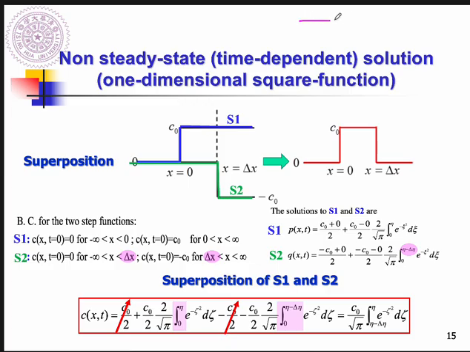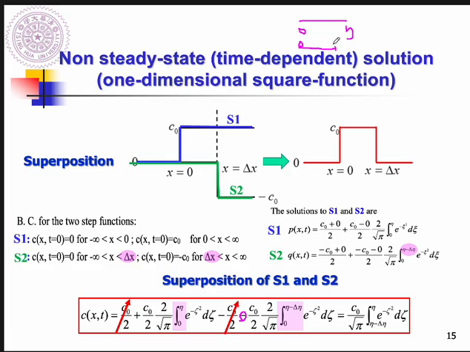This is the integral from 0 to iota, but I need to subtract, minus the integral from 0 to